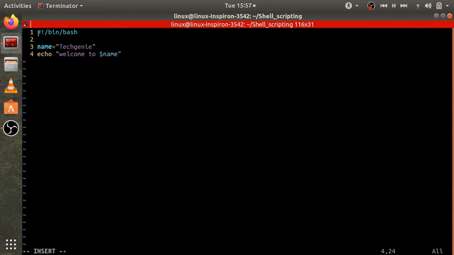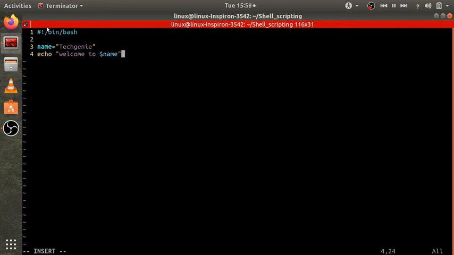The #! is nothing but the shebang, which tells Linux that the file being run is not a program but a script, and to use the path given as the executable.